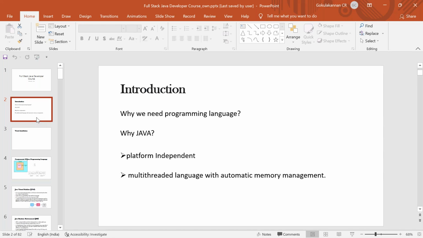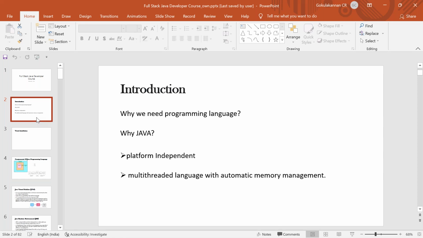I told you there are so many programming languages in the market, and some are still actively used by programmers and developers, while some are not that widely spread. Why? If you ask most people in the market now, they will say, "I'm a Java developer."